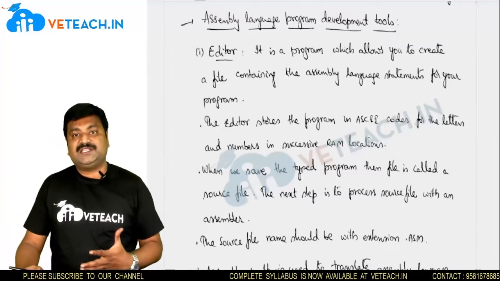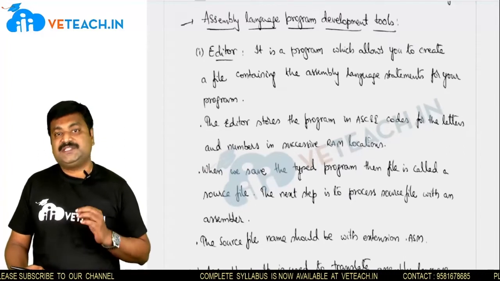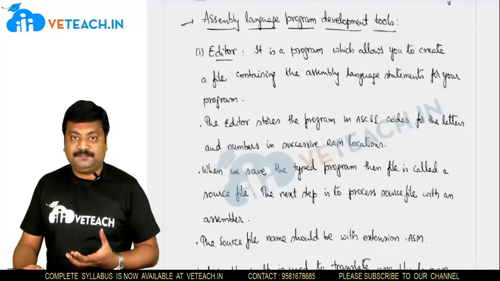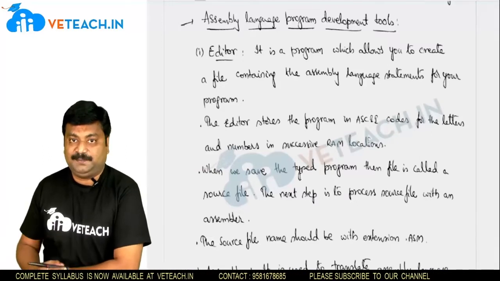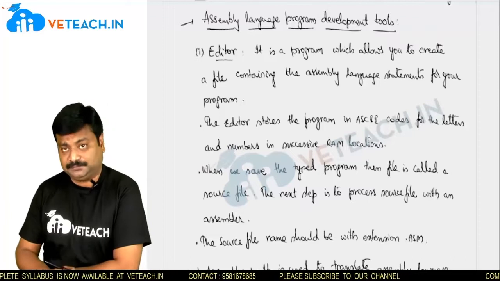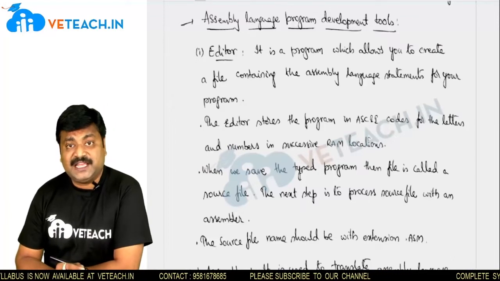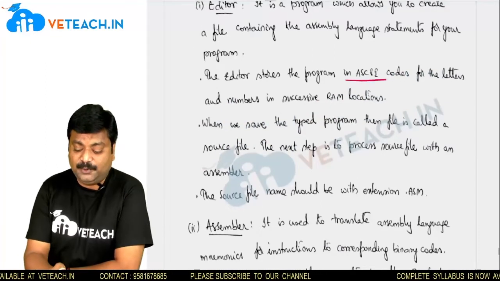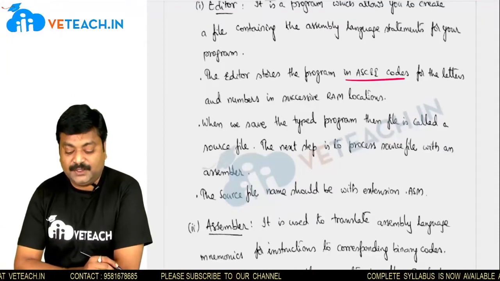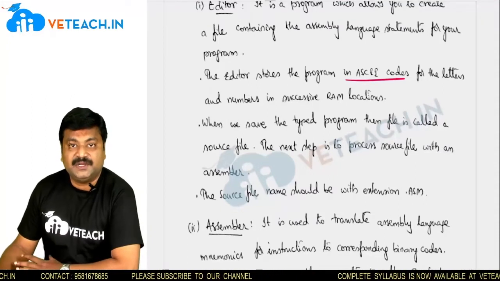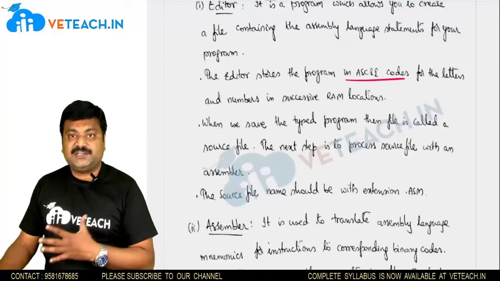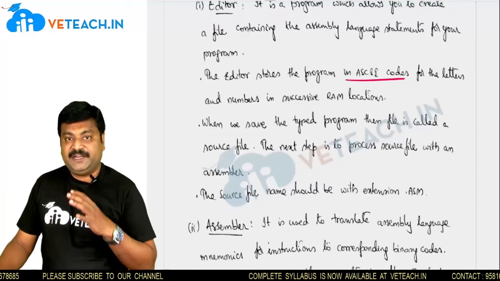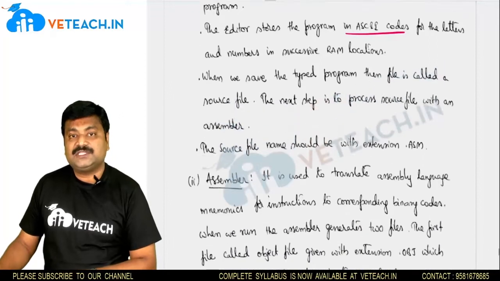The first tool that is there for an assembly language program is the editor. So editor is a place which allows us to create a file that contains assembly language instructions, and it always stores the program in ASCII codes for the letters and the numbers whichever we have been writing in successive RAM locations. And when we save the program which has been written in this file, we will call this a source